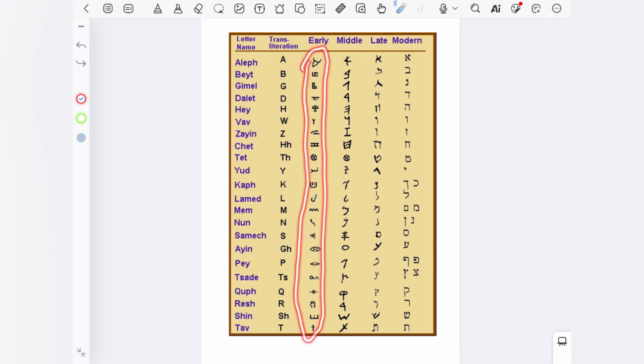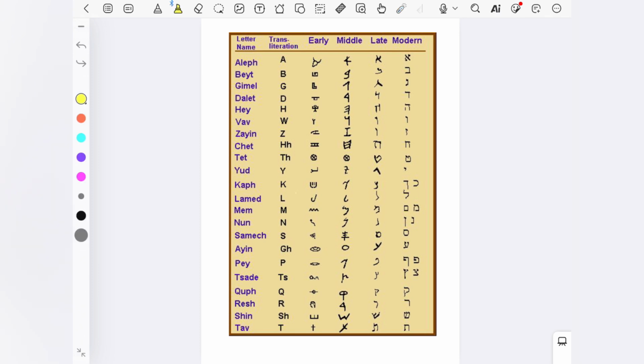This was a more ancient version and most likely how Abraham must have written. But then it now went into the Middle Ages during the time of King David. And that was when they had this version itself. And this is the one that today we call Paleo Hebrew. This one over here. And this is the one that we have the script for, and we're going to be decoding. So the one for the later days is the one, I believe this particular one lasted until the 15th century AD,